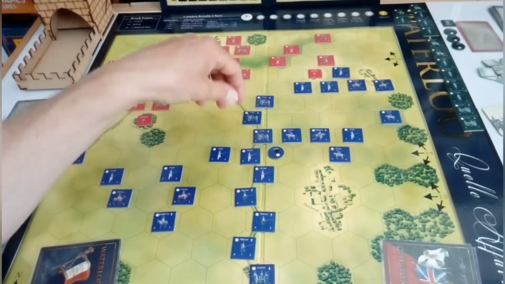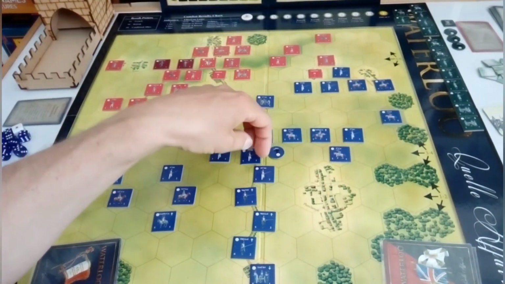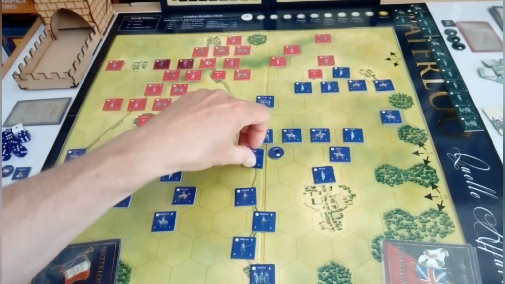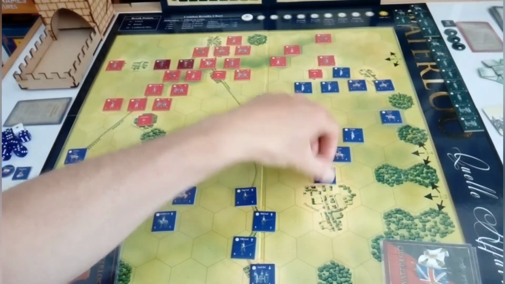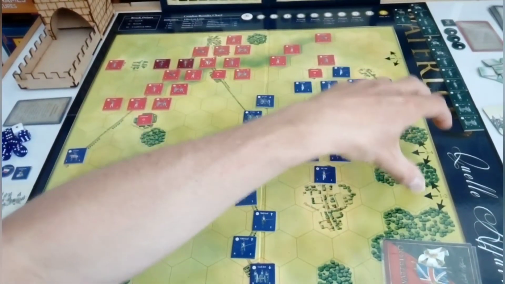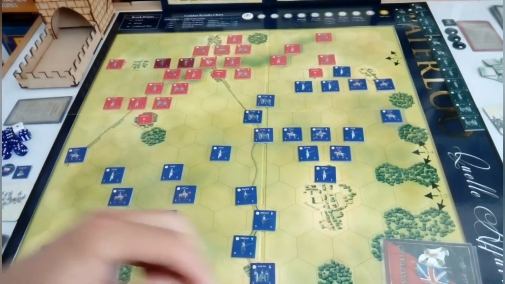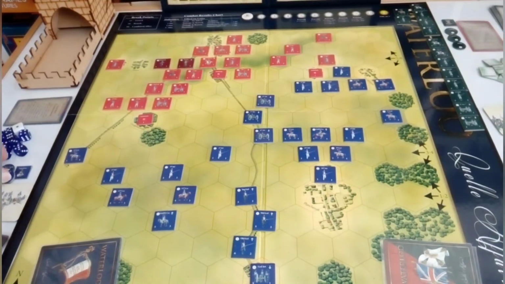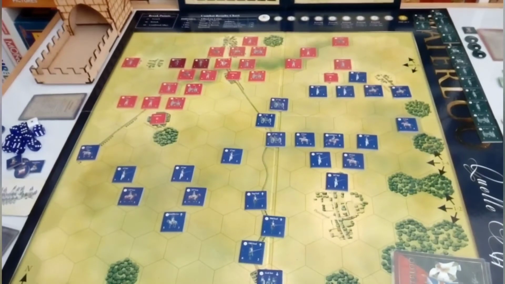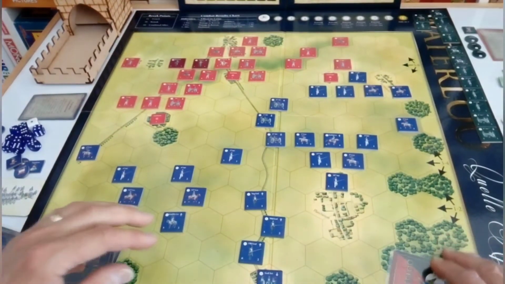forward, and then we'll bring the infantry over towards Plancenoit to support this attack, but also to keep our flank protected in case our friend Mr. Blucher turns up at some point. So that's Lebeau done, and we're now over to